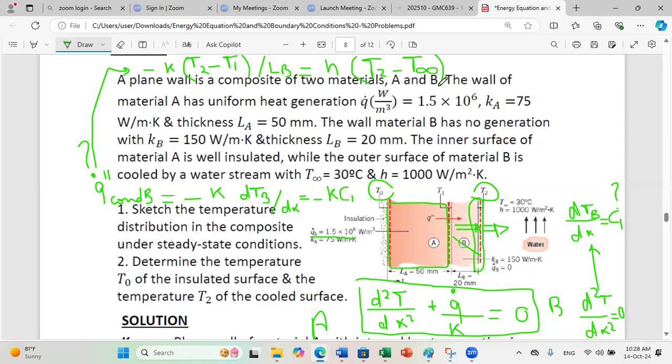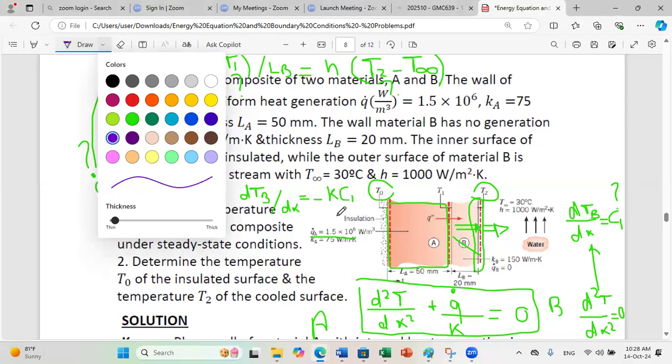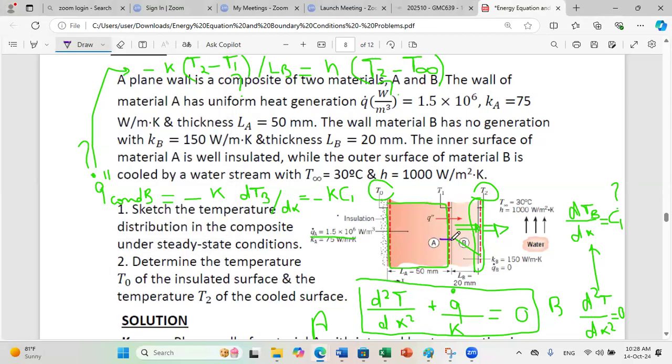Okay, so as you can see here, in this equation, we have two unknowns. We don't know T2 and we don't know T1. So we need to get additional information that will allow us to solve for our temperatures. Let us think together. This conduction flux is coming from material A. The source of this conduction flux is material A. In order to calculate the conduction flux exiting material A at this level,